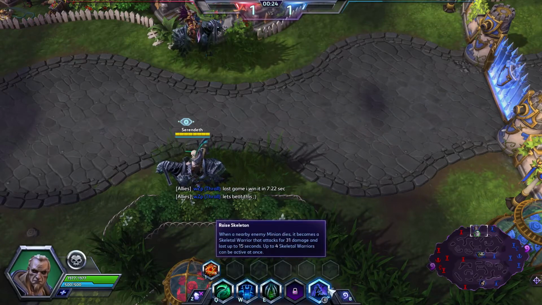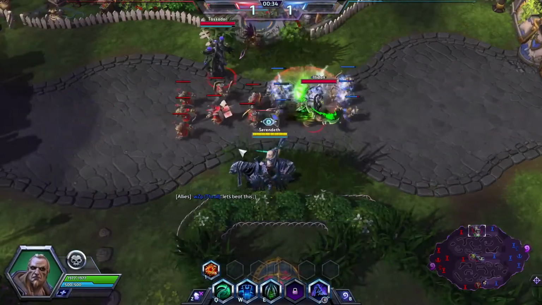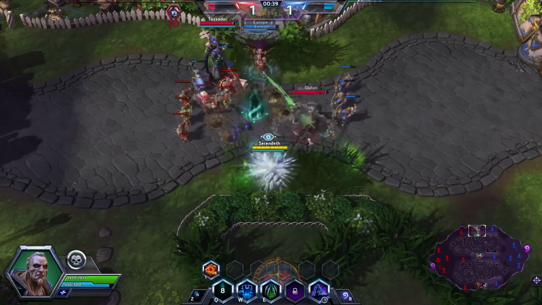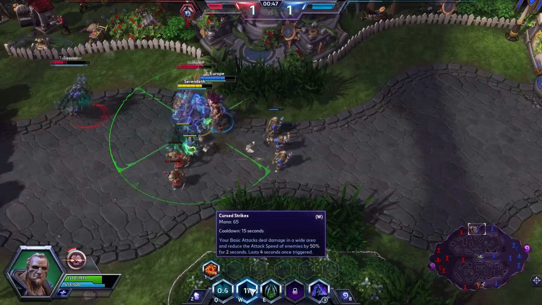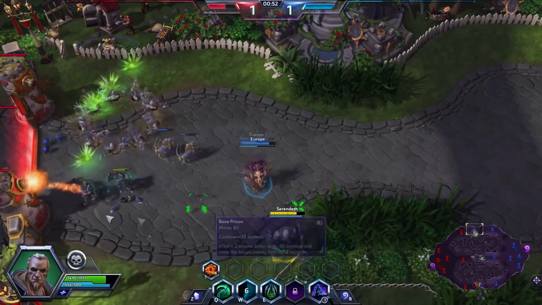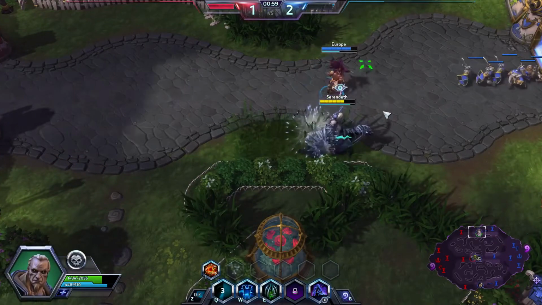His trait is called Raise Skeletons. When a nearby enemy minion dies, it becomes a skeleton warrior that attacks and deals damage. Up to 4 skeletons can be out and they last for 15 seconds. Q is the Bone Scythe. This allows us to put a scythe out there and then it's going to fly back and forth. That's pretty cool. W is called Curse Strikes, and this is going to be some nice AoE cleave damage on our basic attacks. And then E is called Bone Prison. This is a 2-second delay, and it is going to allow us to...